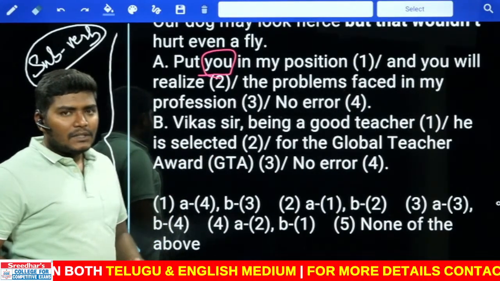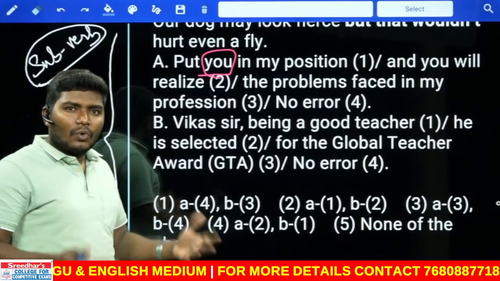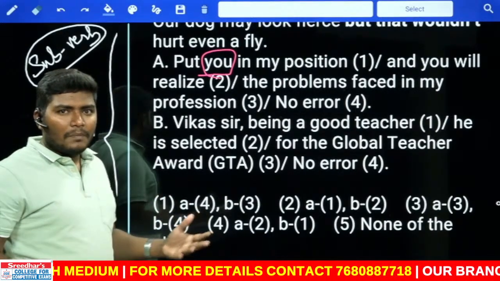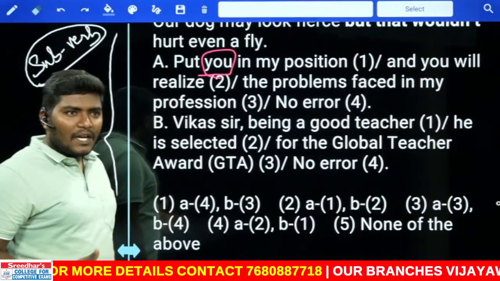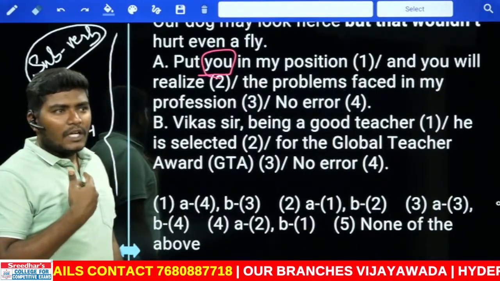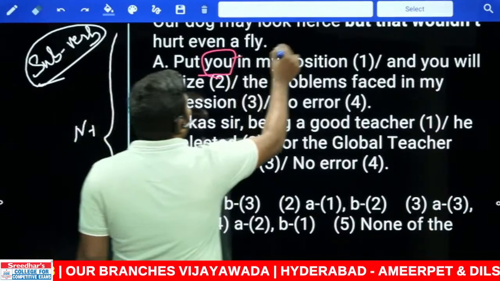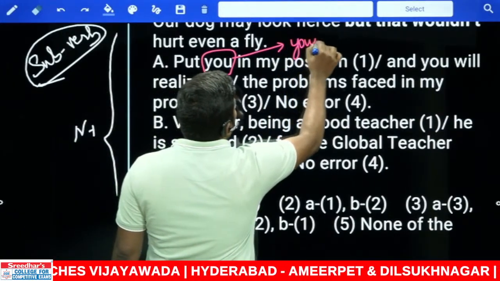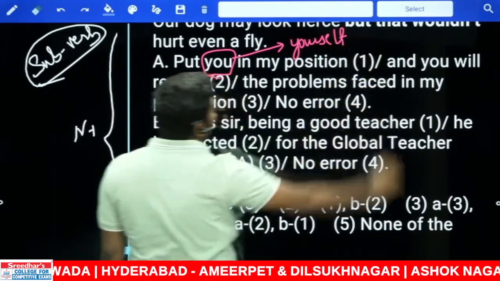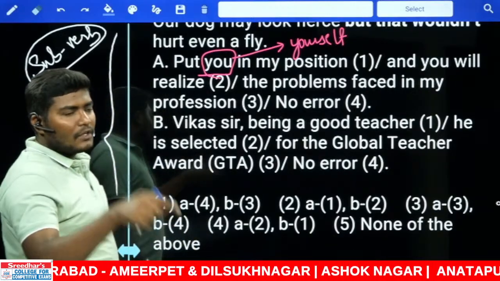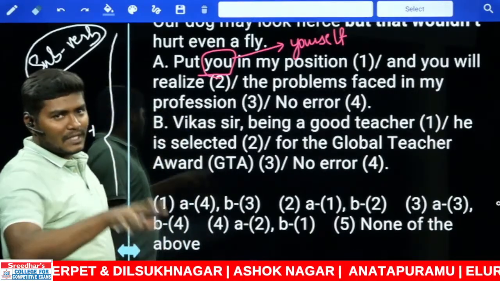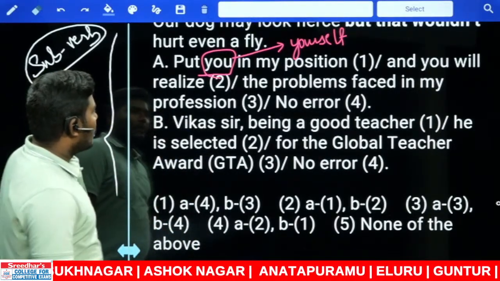If somebody says, "Are you working too hard? You're so free, you are not busy and all," some people get aggressive immediately and say, "No, you don't know how hard I'm working. Put you in my position." Wrong. What is the correct one? Not "put you." The correct word should be "put yourself." Again, that is a pronoun rule. You put yourself in the position. That is the meaning actually. Next one. What is the next one?